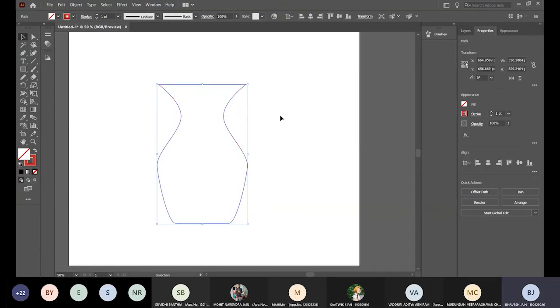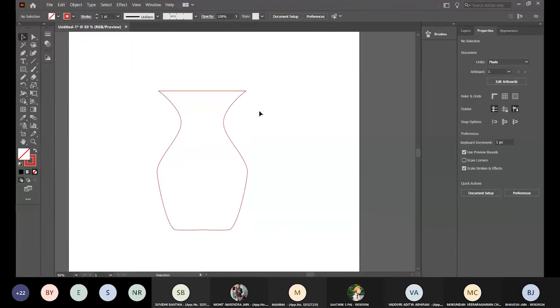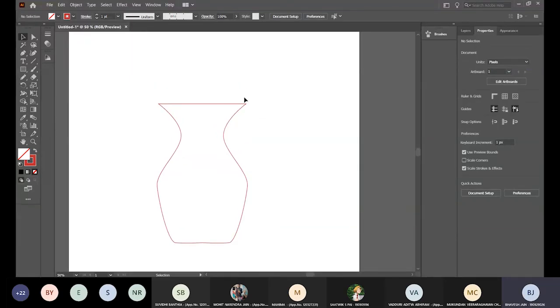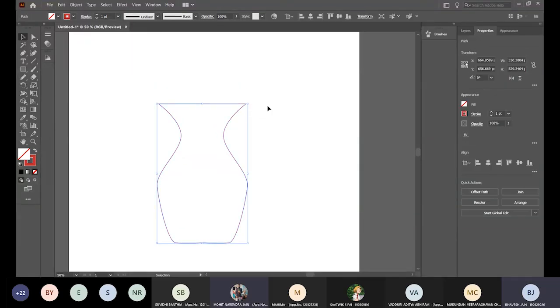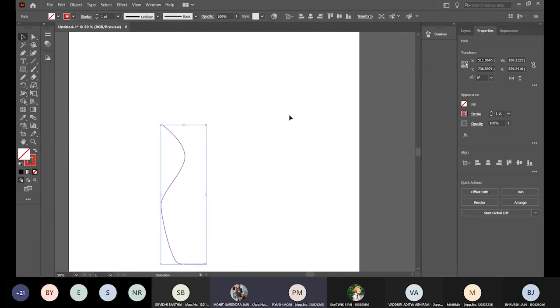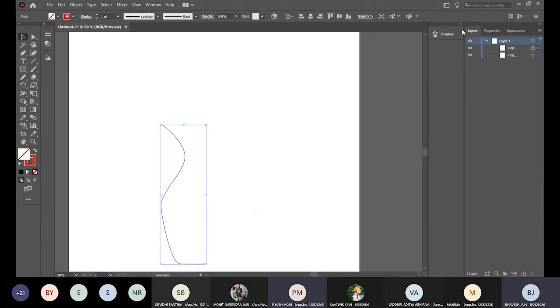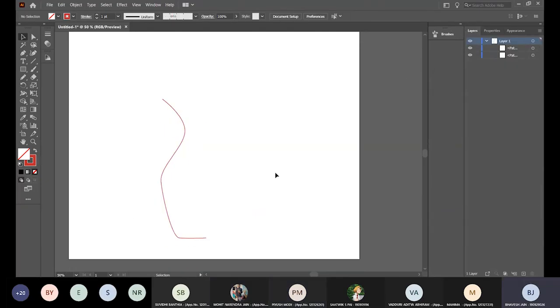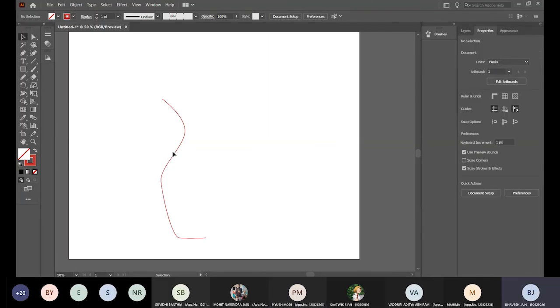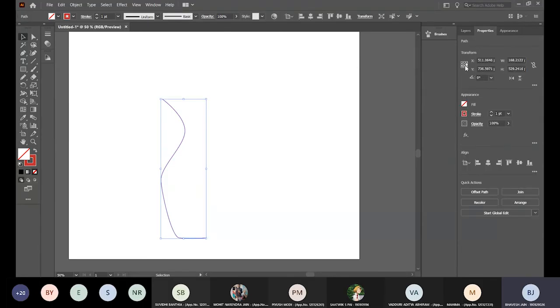So did it make sense? Any doubts? Yeah, can you show the last part again? Like, how did you invert it and that part? Okay, I'll show you once again. Okay, did you get the copy and paste part? Yes. Okay, I go to the properties panel. I select the path I want to do first.